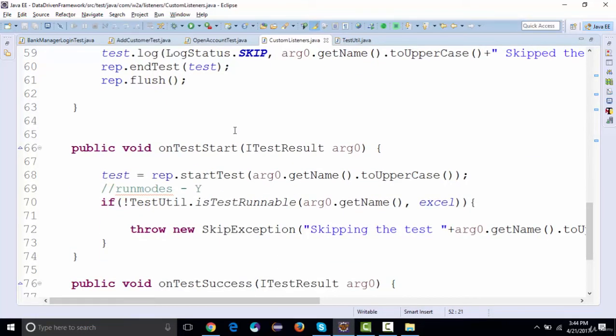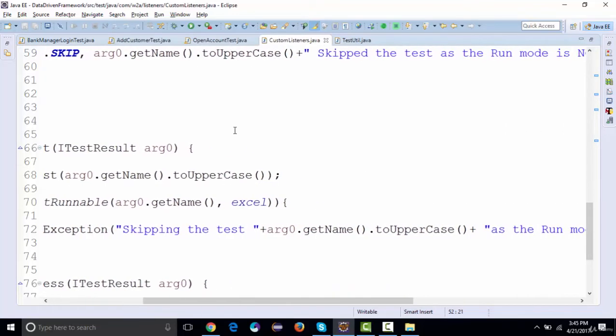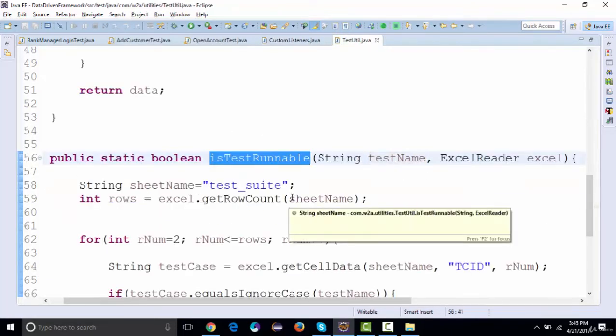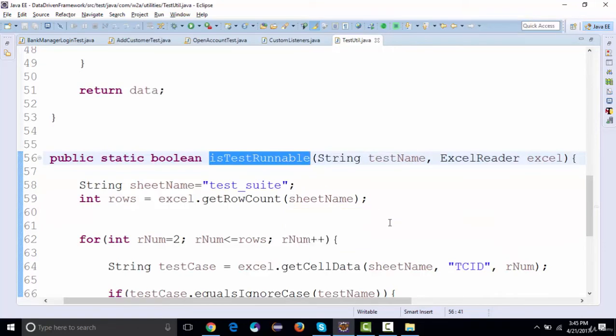On test start, we are actually checking if test util dot is runnable. If it is not runnable, right? So we have actually used throw new skip exception. Everything looks fine over here. There shouldn't be any issue over here. Let's just check the method is runnable. So what we have written over here,